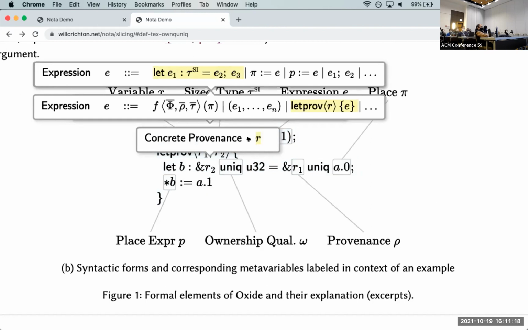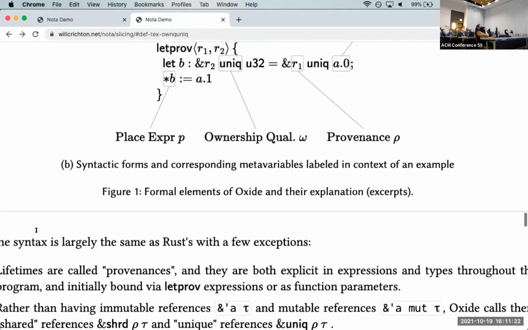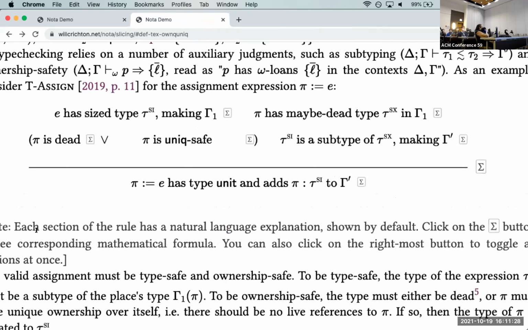Okay, so the next feature I'll show you is inference rules. As we've seen, a common pattern in PL papers is you have an inference rule full of Greek accompanied by a natural language explanation elsewhere in the paper. But the problem with that is there's a gap between the information and where it's being used. It's not being kept in context. And so